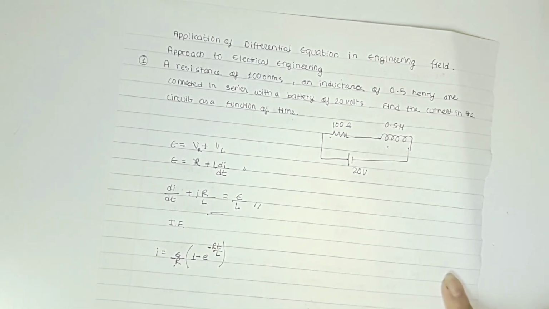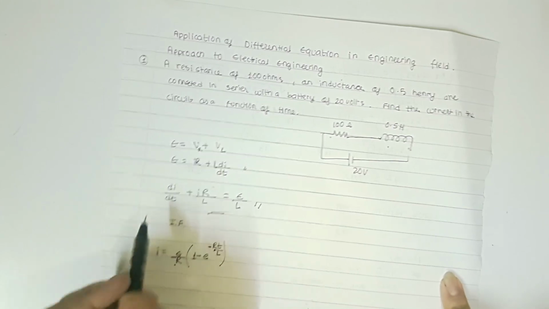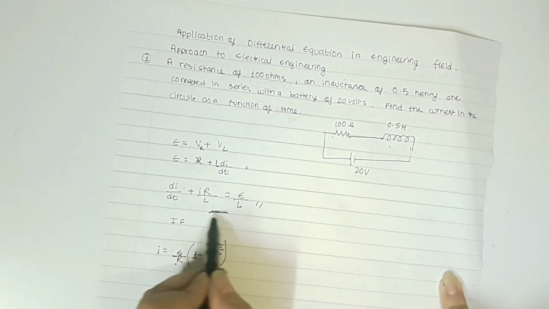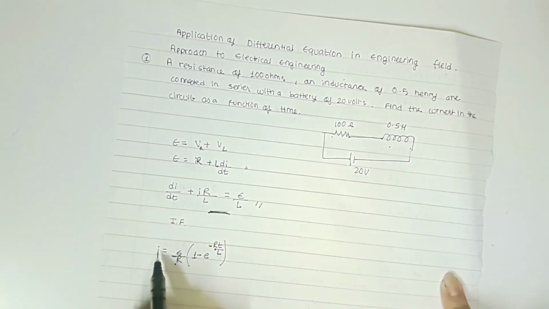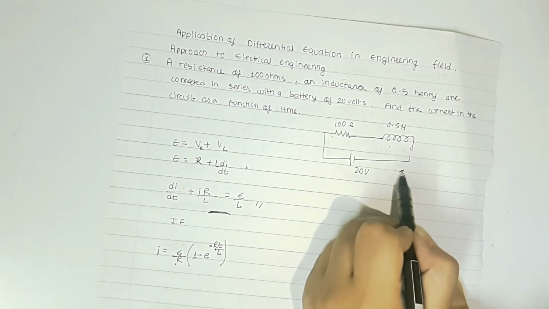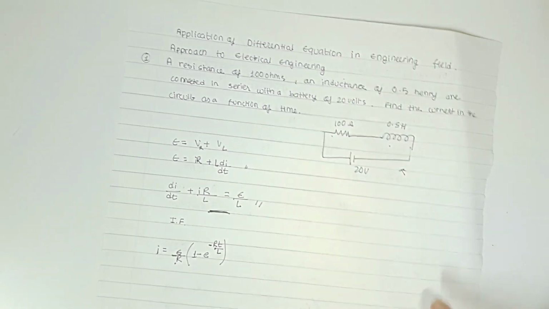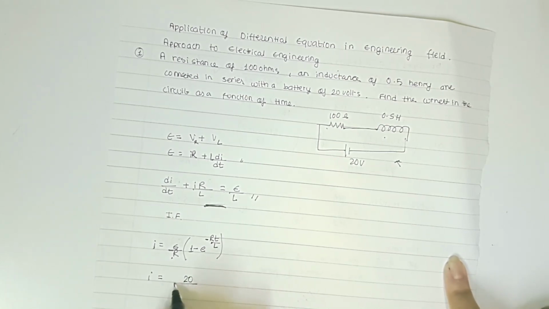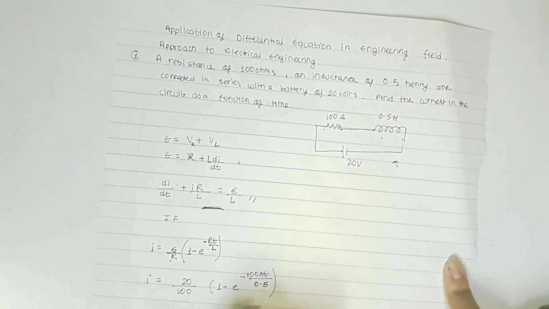So this way we can see that with the help of solving the differential equation, we get the current I in the circuit, which is one of the applications of differential equation in electrical engineering. So we can get the value of I by replacing the value of E, which is given as 20, and resistance is 100 ohm, 1 minus e to the power minus 100 into time by inductance is 0.5 Henry,